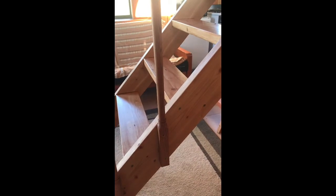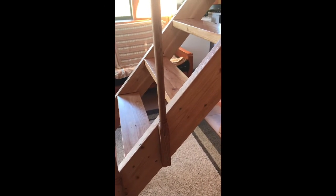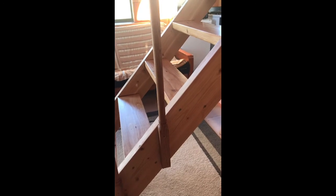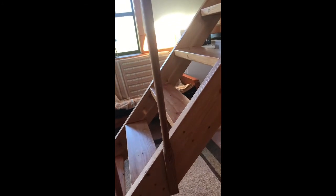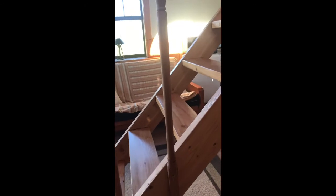I told you that we put 2 holes and then countersink on each of the bottoms, and now Kenny has just put 1 screw in the bottom, not 2, and then he is going to tell us what you're going to do. I'm going to drill down through the rail into the top of the spindle